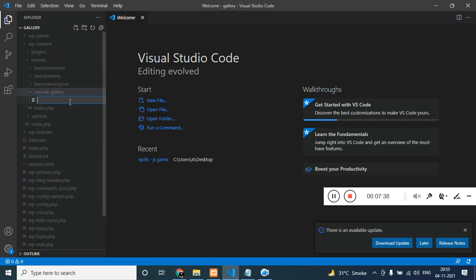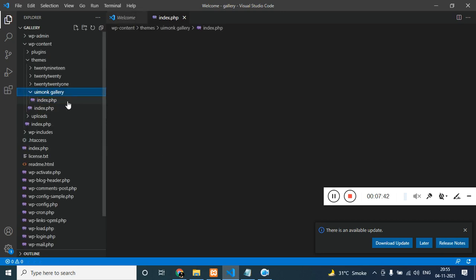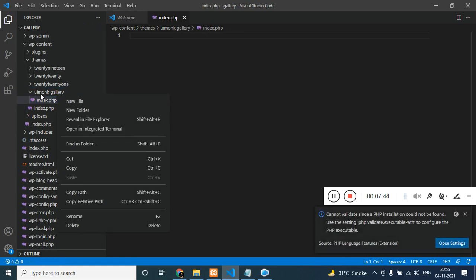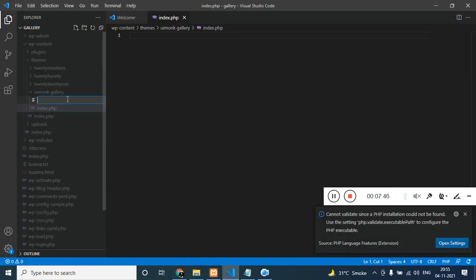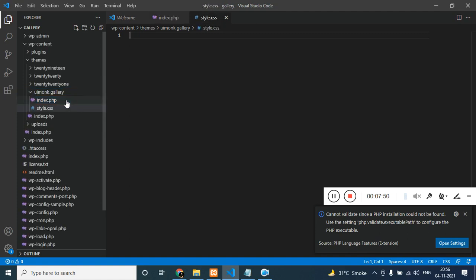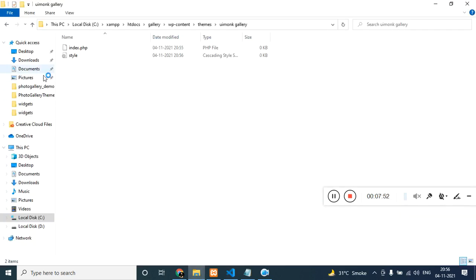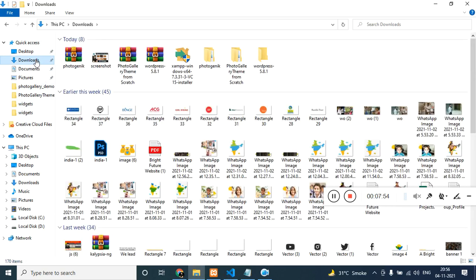Right click, new, index.php, and then style.css. And I have already made a screenshot. You can see this is a screenshot. The name is screenshot, and the file type needs to be PNG.